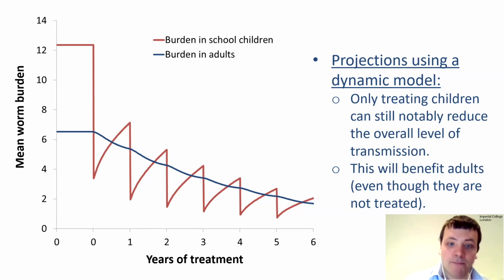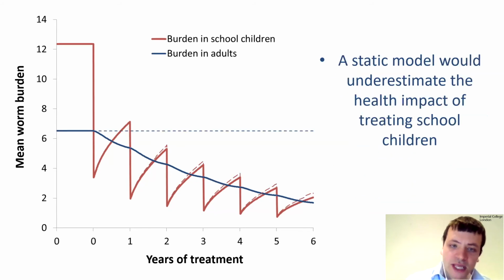So this is actually going to benefit the adults even though they are not directly treated. We can see here the burden in adults is gradually decreasing because there's less transmission in that community and their worms are gradually dying. So in this example, a static model would underestimate the health benefit of treating the school children relative to doing